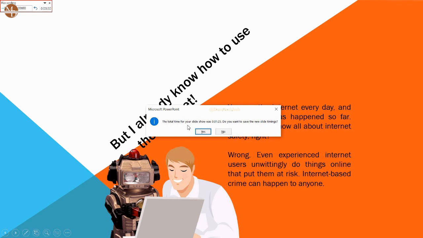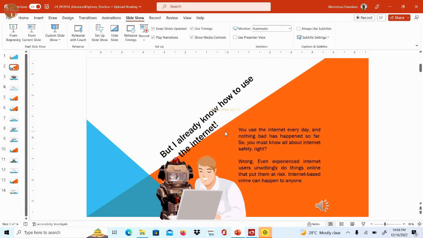It says the total time for your slideshow is 1 minute and 25 seconds. Do you want to save this new slide timing? Yes or no? So if you are okay with it, click yes. If not, click no. If you click no, it means you have to go back to it again. And if you need more than one try to get the timing, you can just click on no,